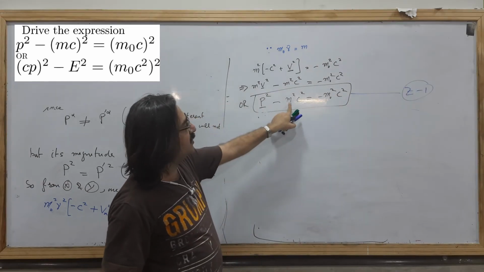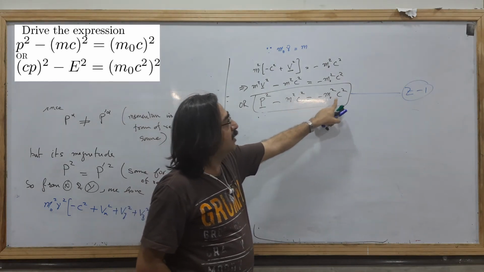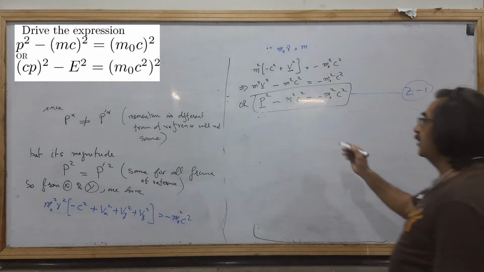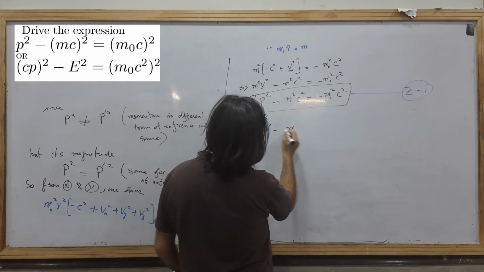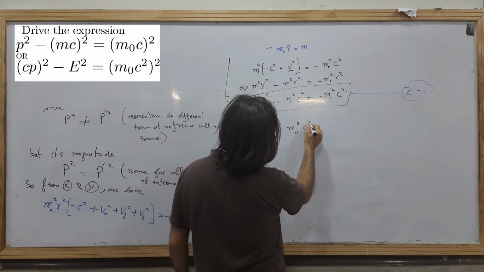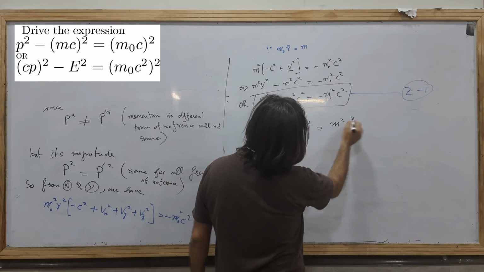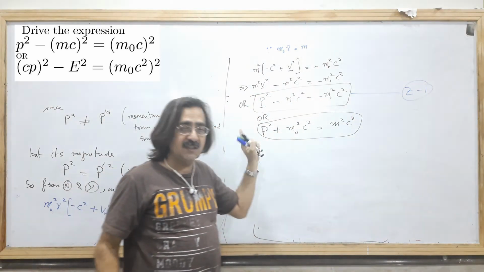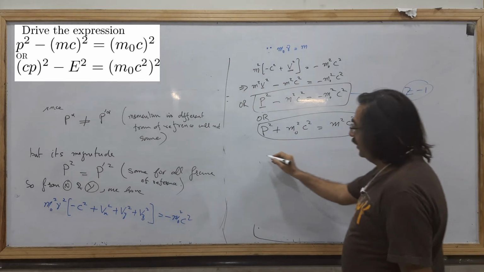हमारे पास क्या आ गया था, पी स्क्वायर इक्वल टू एम स्क्वायर सी स्क्वायर माइनस एम नॉट सी स्क्वायर, ये आपके पास रिलेशनशिप है, ठीक है। और इसको हम आर वी मे राइट, इस तरीके का भी रिलेशनशिप बाद का पूछा जाता है, बाद का ये भी लिखते हैं बुक्स में, प्लस एम नॉट स्क्वायर सी स्क्वायर इक्वल टू, ये इधर आ गया एम स्क्वायर सी स्क्वायर, ठीक है। बाद का ये भी ड्राइव के लिए आ जाता है। सो दिस इज अ कंप्लीट, इसमें कोई प्रॉब्लम नहीं है, ठीक है। क्लियर हो गया।